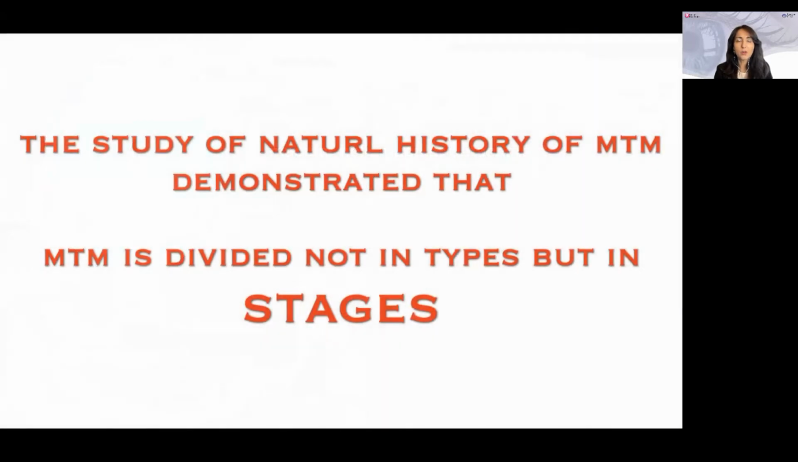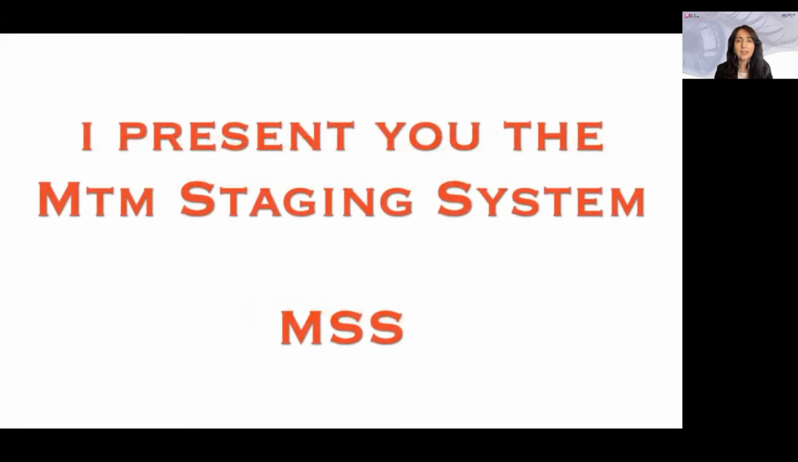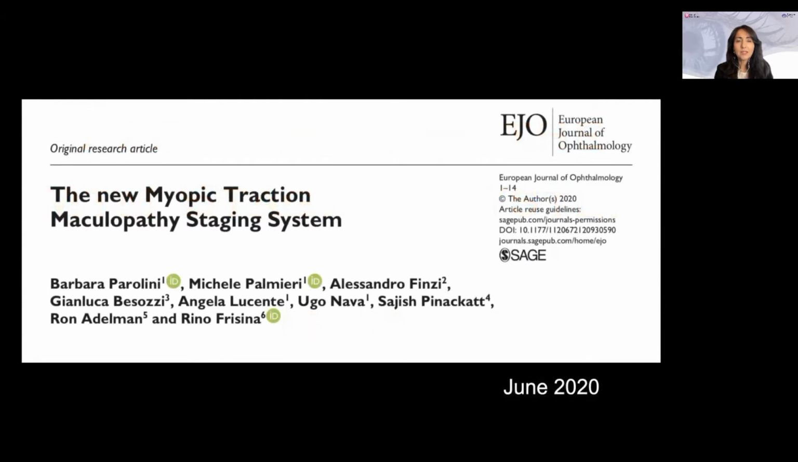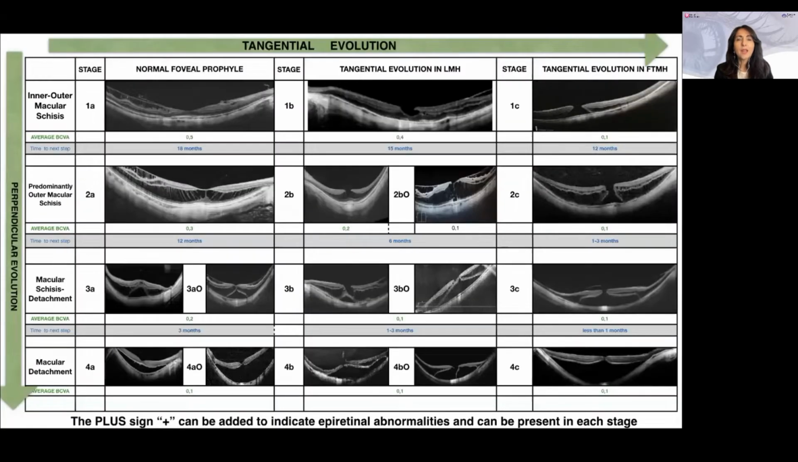The study of the natural history of MTM that I personally pursued in the recent year demonstrated that MTM should not be divided in types, but in stages. This is an evolving disease. So I want to present you the MTM staging system, or MSS, that I have recently published and can be summarized in one single table